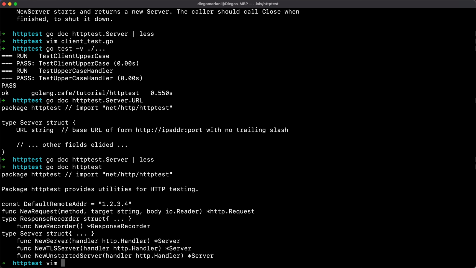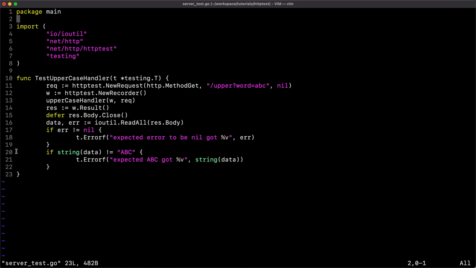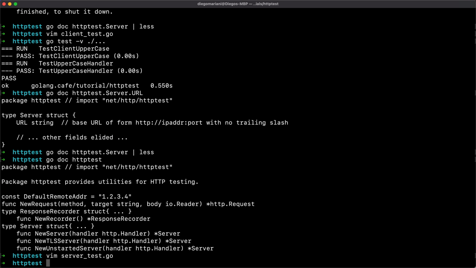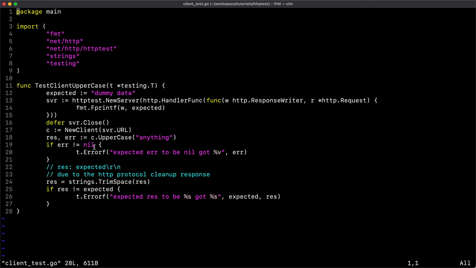As advice, I would say that you can try to implement further tests on top of our scenarios. For example, for this handler, you can try to implement another test case where you pass an empty word, and you will receive an error telling you that it's an empty word. Same goes for the other example. If you look at the client, we didn't test the error case. If in your server you return an error, this will return an error in the client itself, uppercase. And that's another test case that you can test yourself.